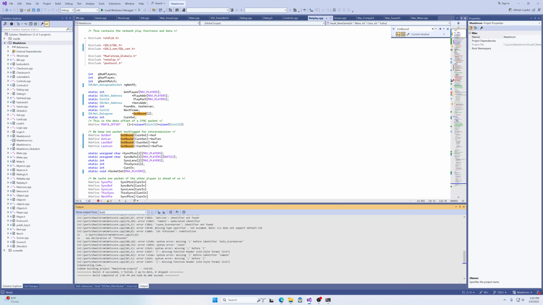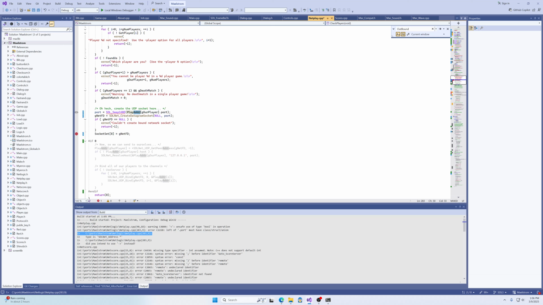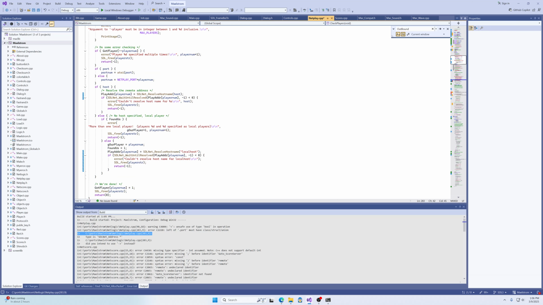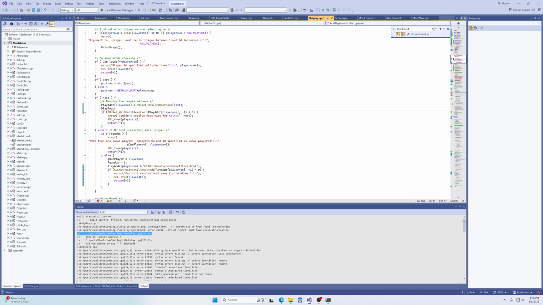This is play ports. Or current player. And then back up here where we were resolving ports, let's go ahead and just set port. Play port player num